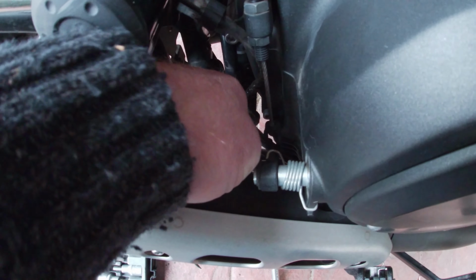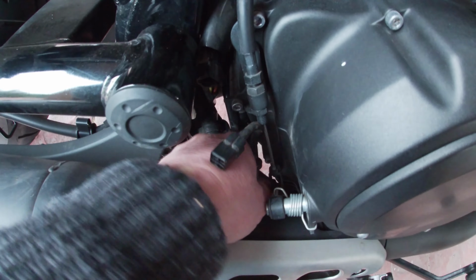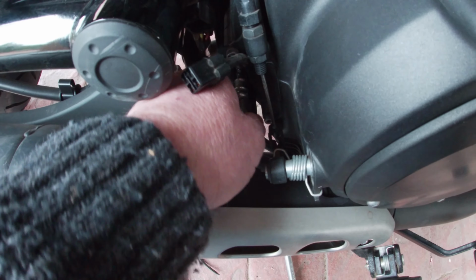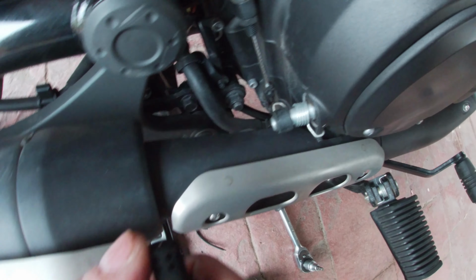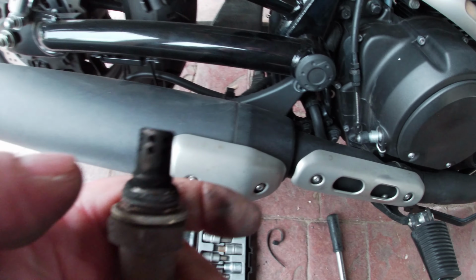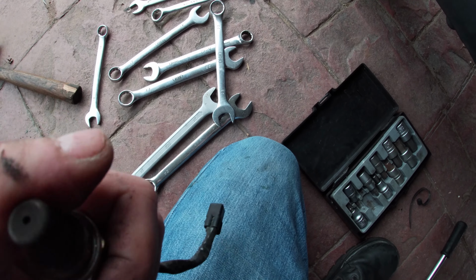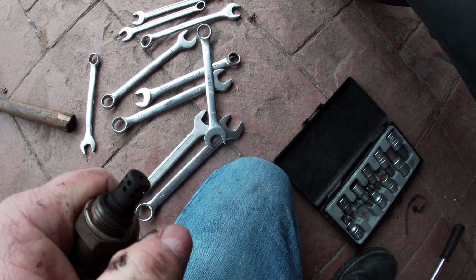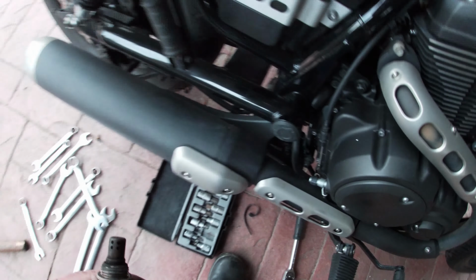The reason is these oxygen sensor, or CO2 sensor I should say, is they can be damaged, and the last thing you want to do is damage it. So take it off. See, it's a wee bit smoked up inside, so you can clean that up, ready for putting it back on again. A wee bit carbony. And you'll see